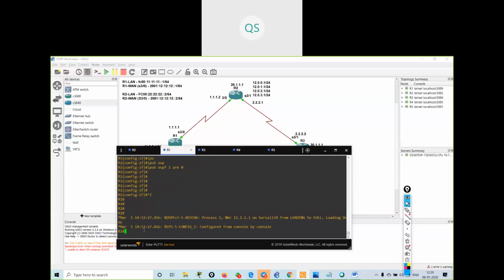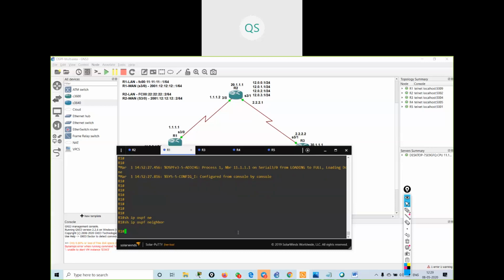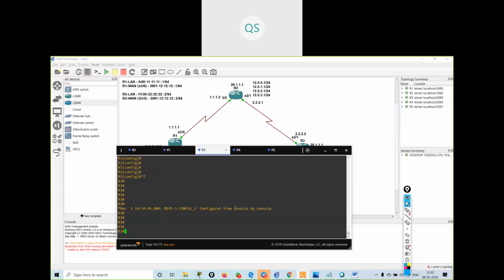So I formed a neighborship with the router. If I give the command show ip ospf neighbor, I should get the neighbor.